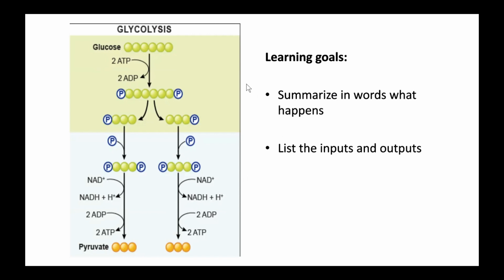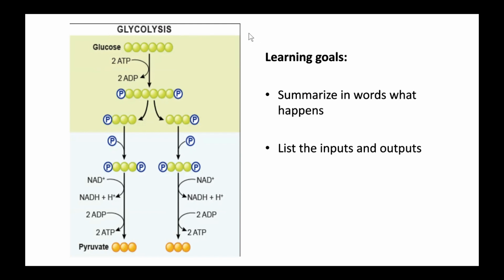Now, our learning goals are going to be the things that we want to know for exams and quizzes. And for glycolysis, we want to summarize what happens in words and list the inputs and the outputs. Glycolysis literally means breaking sugar. So that's what we're going to do in this first step. Now, this is the only step that occurs in the cytoplasm, and it's the only step that can occur if